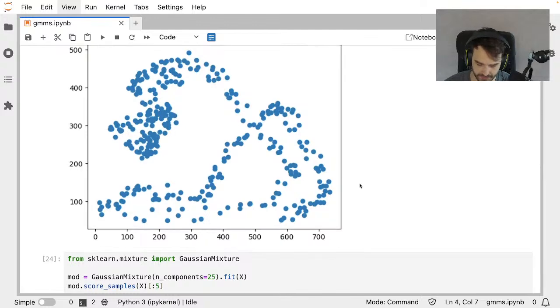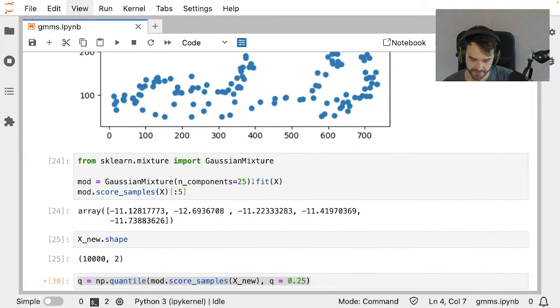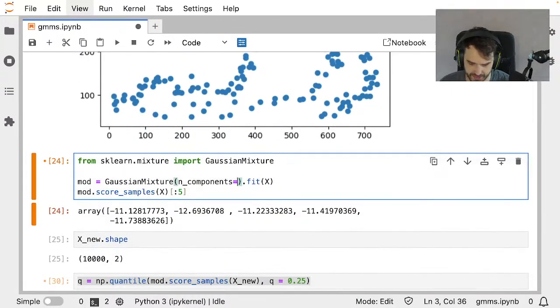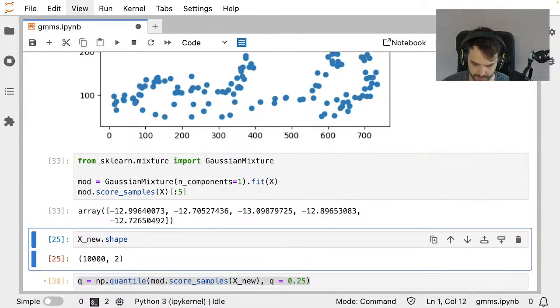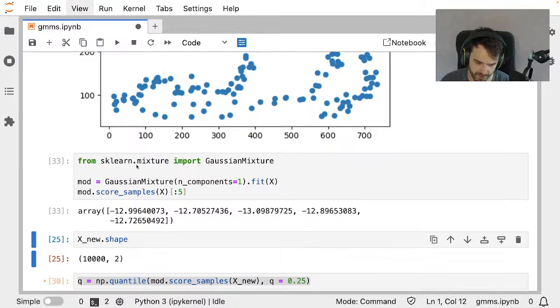So, can we do Gaussian mixture stuff? Yeah, we can. And let's keep it simple for now with the defaults. The way that this is currently set up is, from the mixture submodule, I'm grabbing a Gaussian mixture object. This is a thing that has a fit method. So what I'm able to do is say, hey, Gaussian mixture, fit on the data.